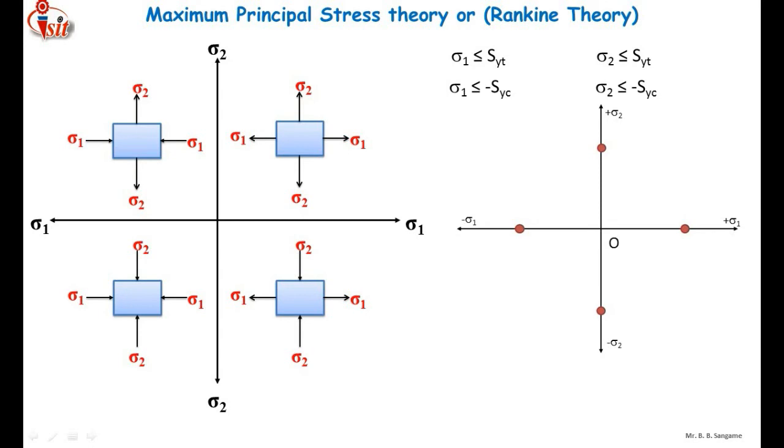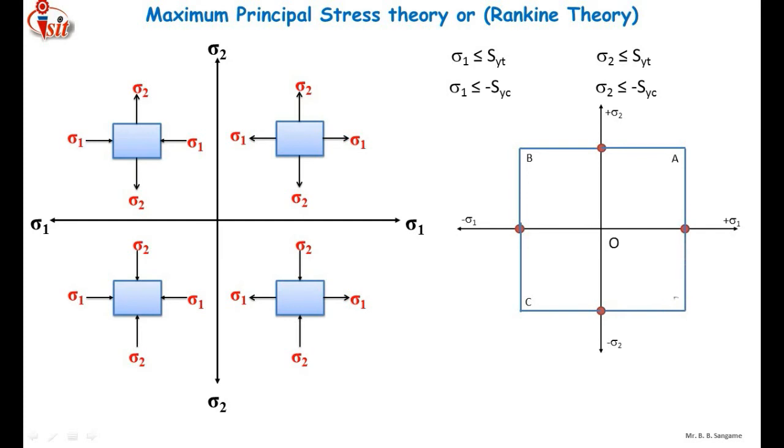So I'm going to draw vertical lines and horizontal lines from these points. First, in the first quadrant I'm going to draw a vertical line from the point SYT, that is sigma 1. Similarly from sigma 2, that is SYT, I'm going to draw a horizontal line. At the intersection point I will call it A. Similarly for the second quadrant, for the value of sigma 2 positive SYT and negative SYC for the value of minus sigma 1, I will call the intersection point B. Similarly for negative sigma 1 and negative sigma 2, for the compressive stress, that is yield strength in compression SYC, I draw a vertical line and a similar horizontal line. At the intersection point, I will call this C. Similarly for the fourth quadrant